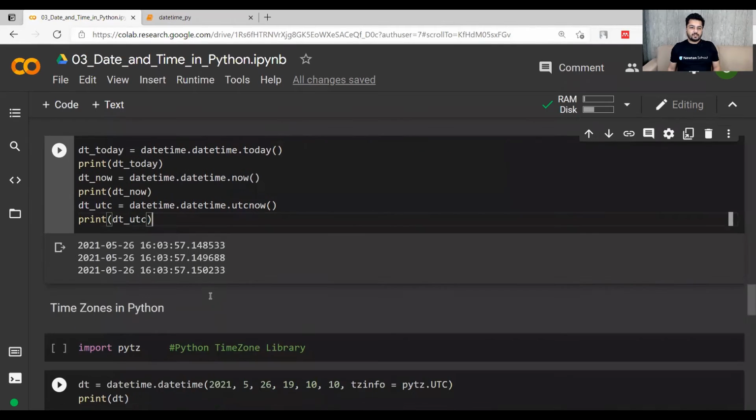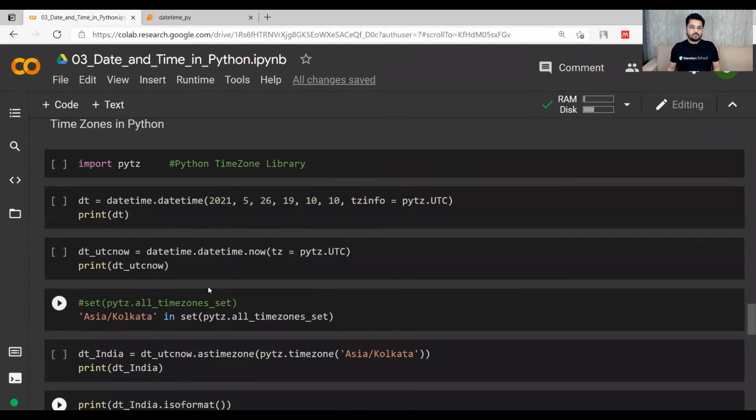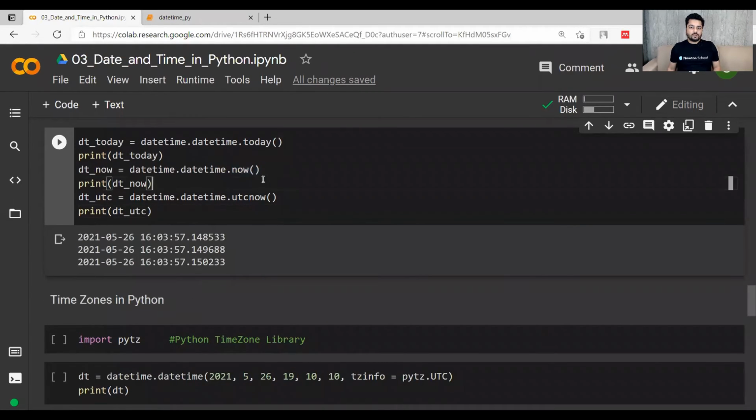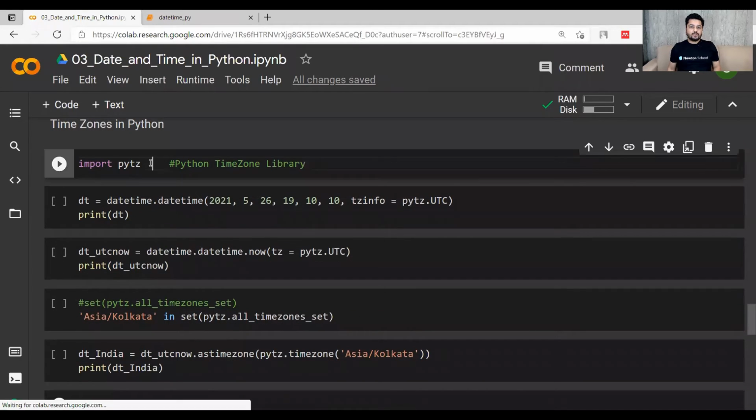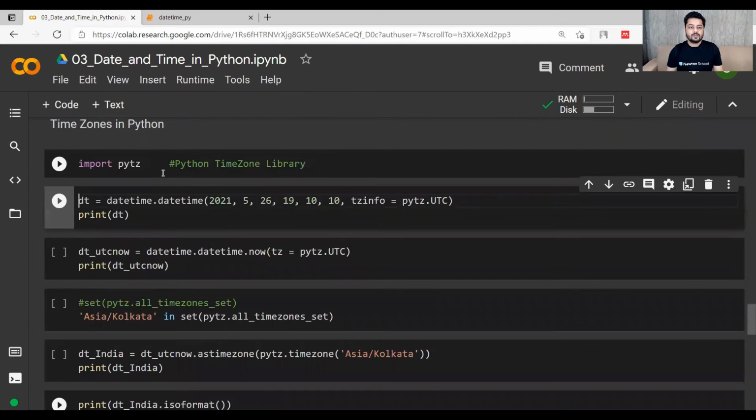So let's see time zones in Python. I just told you that the dot now function will be used with time zones. Let's use it. There is a library called the Python time zone library, so import pytz, right? After that, you have to give a value in which we give the date, which is 26th of May 2021, and the time 19:10:10.